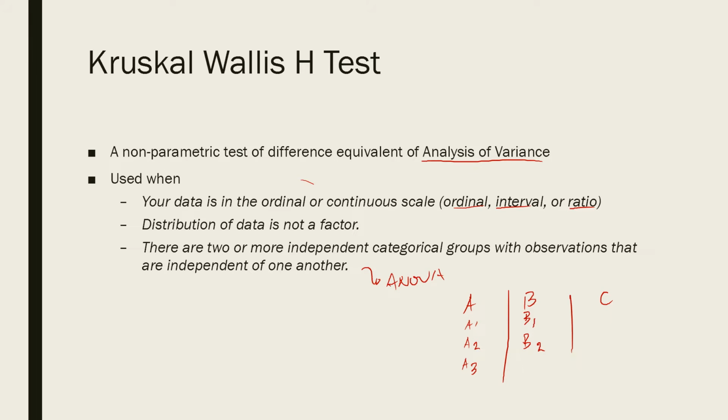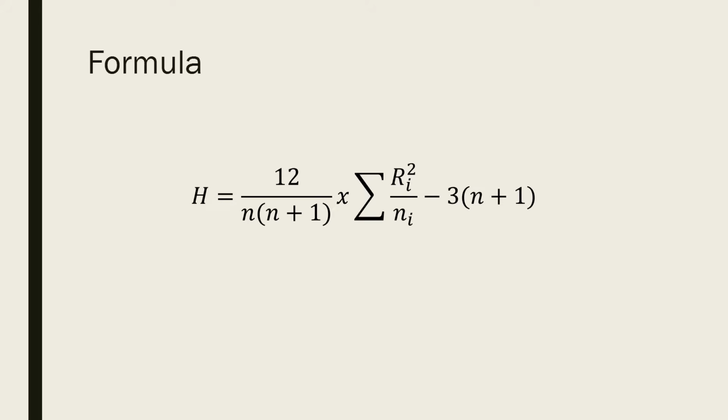So there is independence of observations. Okay, so here is the formula for your Kruskal-Wallis H test. It's quite simple because we have constants in the formula. So you have 12. Again, this is a constant, meaning every time you use the test, this is not going to change. And you have 3. Okay, so the formula is H, referring to our Kruskal-Wallis test statistic, is equal to 12